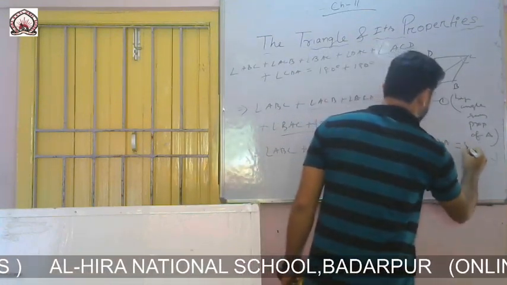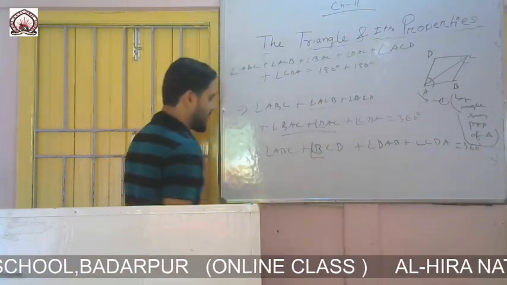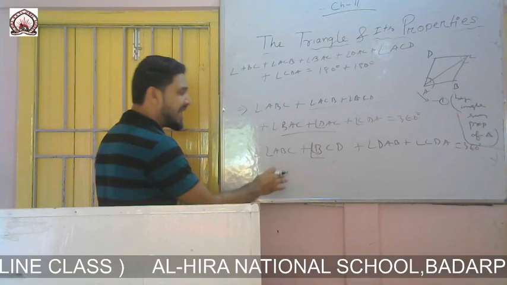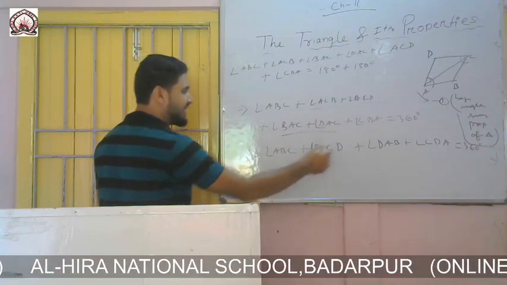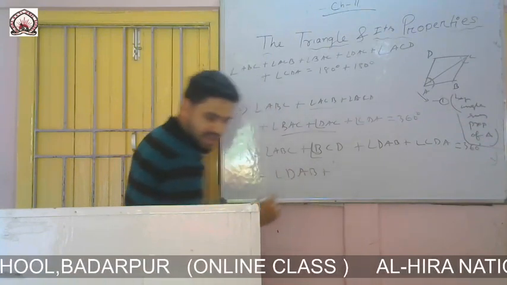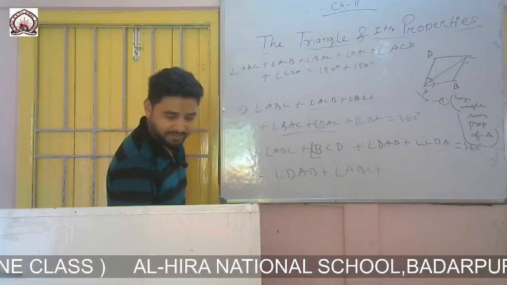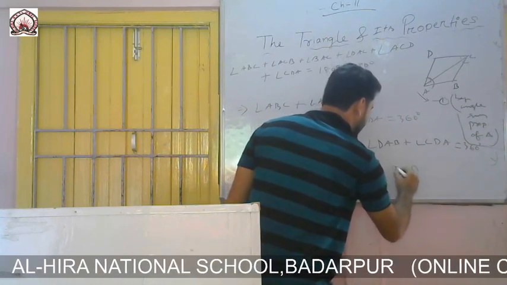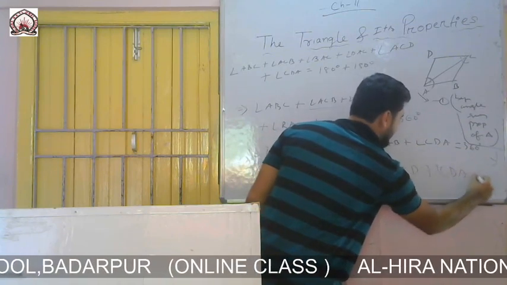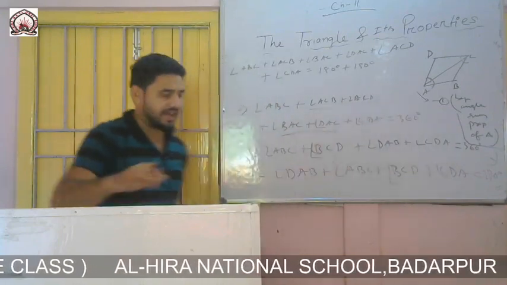here it is 360 degree. So that is your answer. Now you can arrange this according to your question, or you can keep the answer here, no problem. And you can also arrange it like in the question: first it is given DAB plus, after that angle ABC, then BCD, then last CDA equals 180 degree. So you can write any one. Up to this if you kept also, then the answer is correct, no problem.